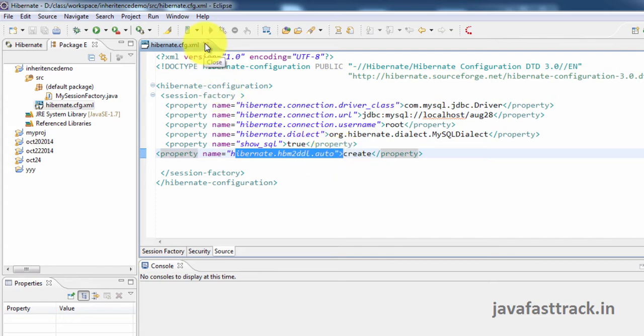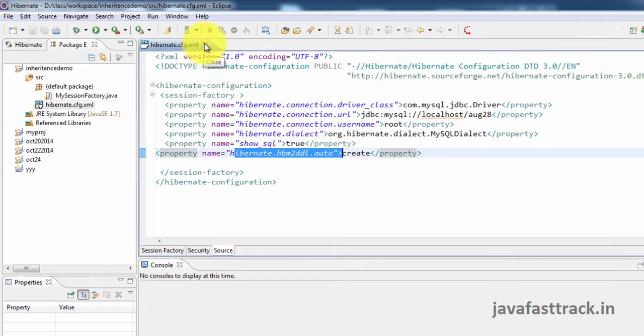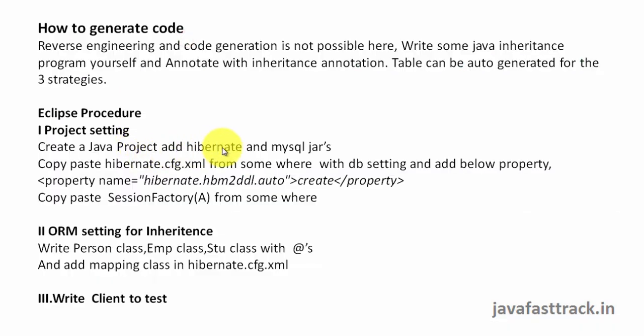Next, I have to do ORM, Object Relational Mapping setting. Project is ready, jar files are added, configuration file is ready, session factory is ready. This is the ORM setting for inheritance. Write the person class, write the employee class, write the student class, put these annotations and add these classes in the Hibernate configuration file.